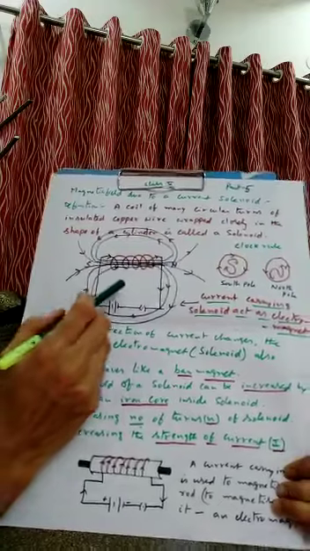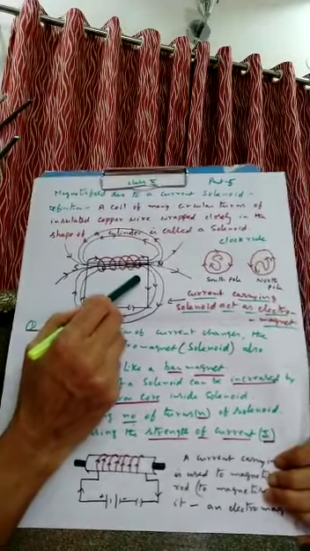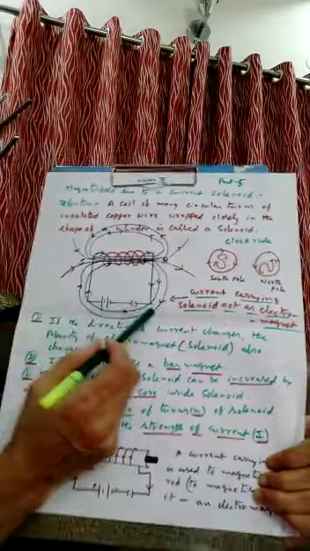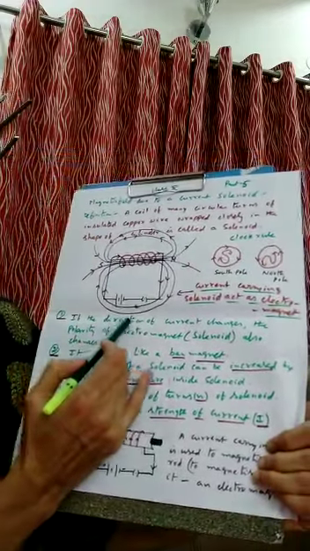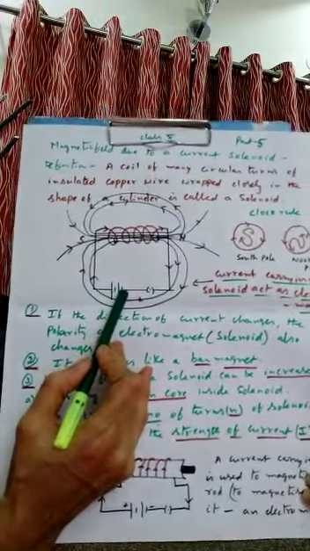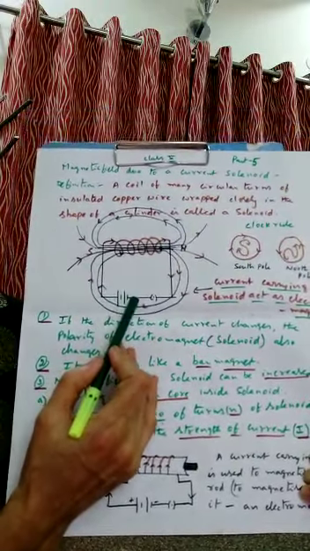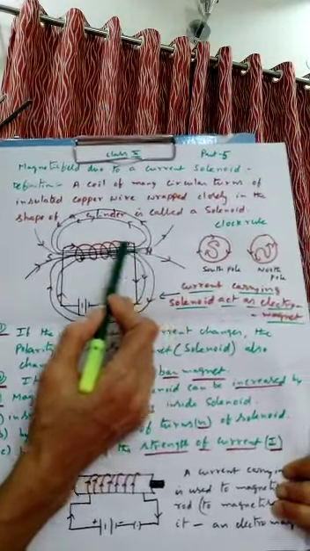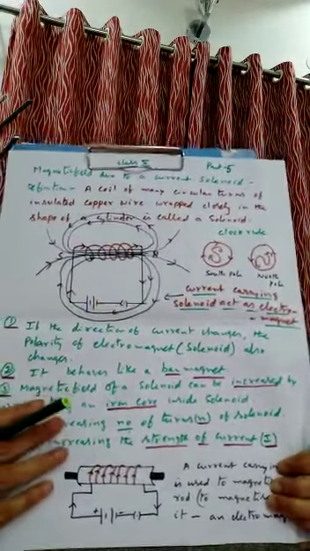Okay. Now, what are the properties of the magnetic field lines? Same as that of the bar magnet here. If the direction of current changes, suppose I have changed the terminals of the battery, here negative and here positive, then the polarity also will change. This will act as a south pole and this will act as a north pole here.